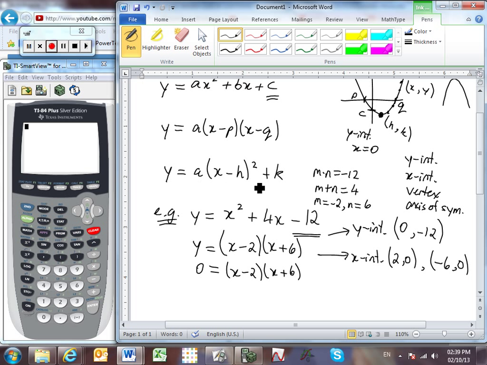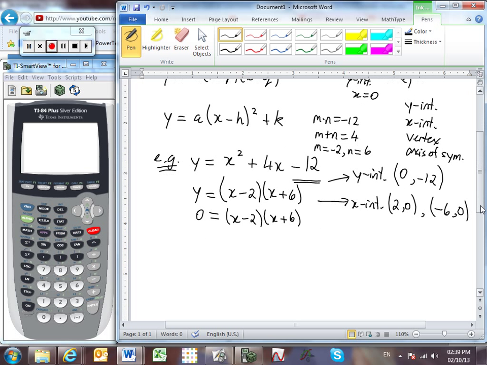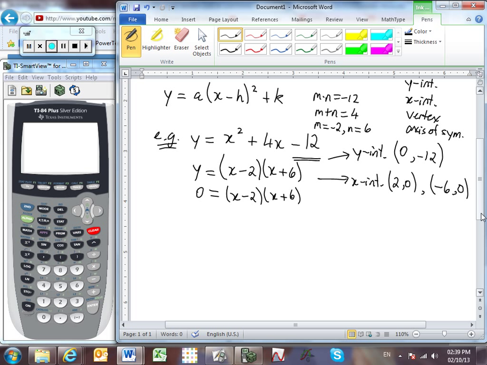Now let's move on into the third form, and I can find third form, which will give me the vertex by completing the square. So I'm going to take my original expression, and I'll focus in on the first two terms. I want to take half of my 4x term, which is a 2x, or the coefficient is a 2. I'll square it, and that's what I want to add to both sides of the equation. It looks like I forgot to add it to the left. Let's put that in. So I'm adding a 4 to both sides of the original equation. I'm adding 4 because it's equal to half of that 4 value